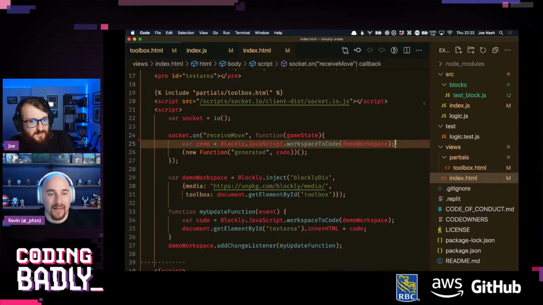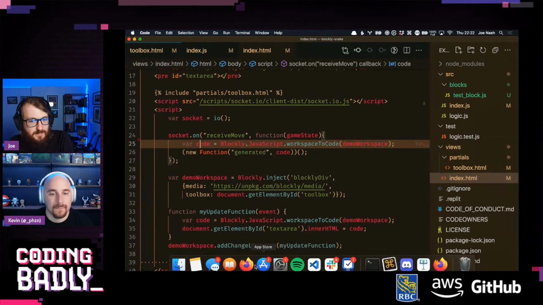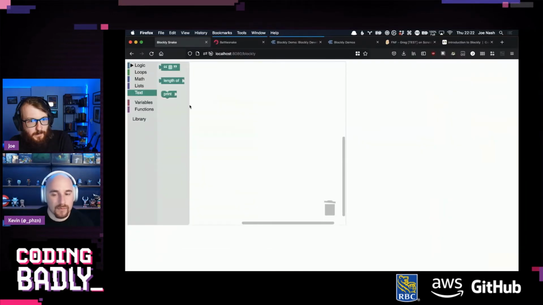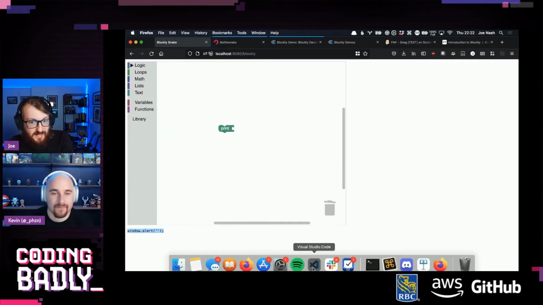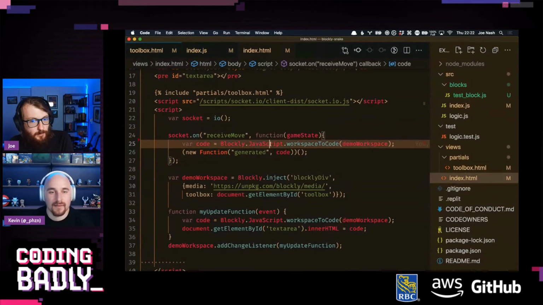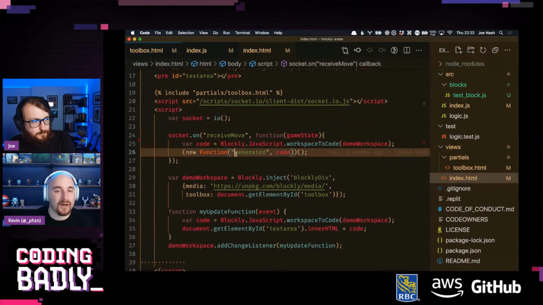Yeah, but this is where the code is. The code in here, like if this worked. For example, if we had print game state, this would just be window alert game state in here, so it would be in scope. But we're not passing it into Blockly.